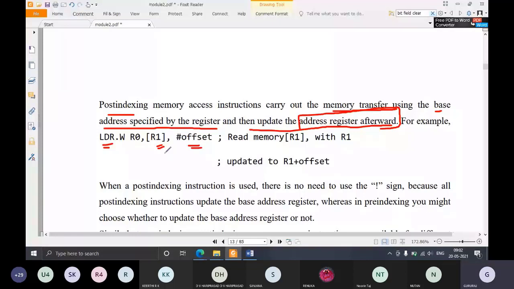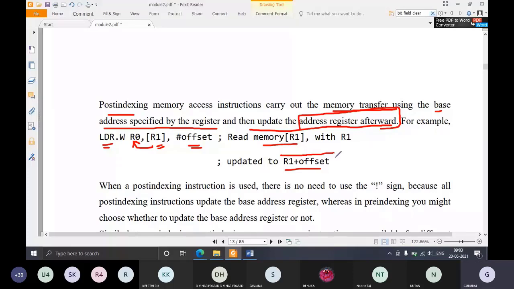So read the memory pointed to by R1, store that value to R0, and then update R1 plus offset. The base register R1 will always be updated with the offset.